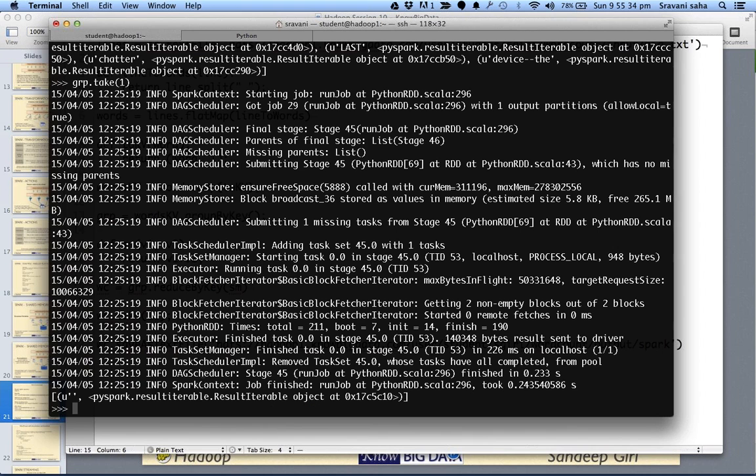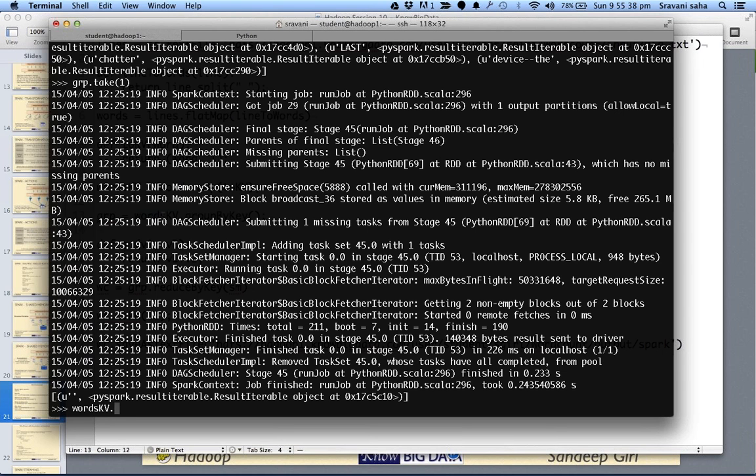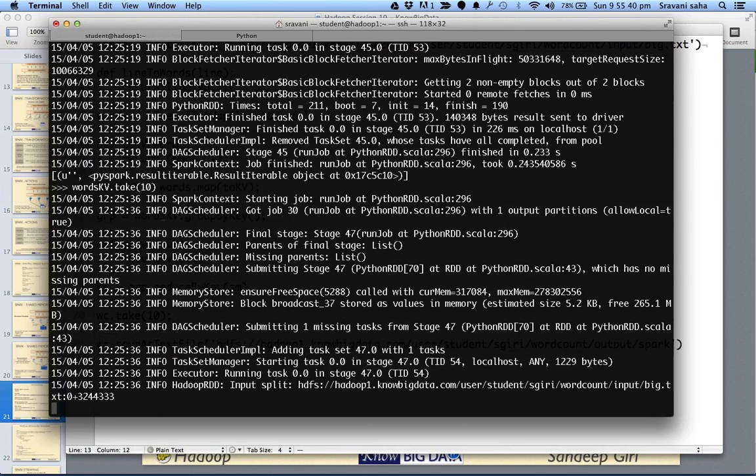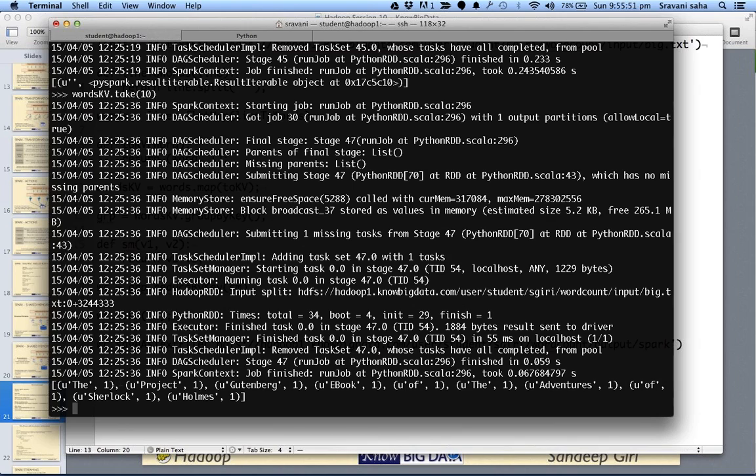And next is words kv dot take, then this is also correct. All we did here was we have this word's key value pair. Each word is represented like this. All right.